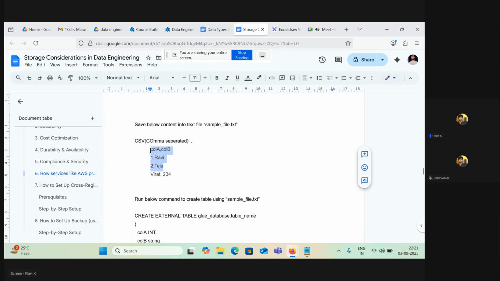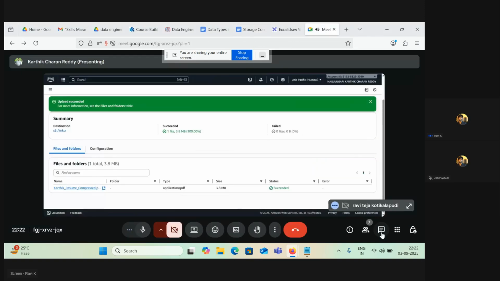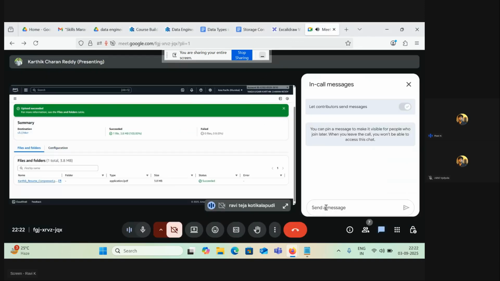Karthik, I'm pinging you in the group chat. In this chat, I'm pinging your text. Take this text, copy it first, open any notepad and save it, Karthik.